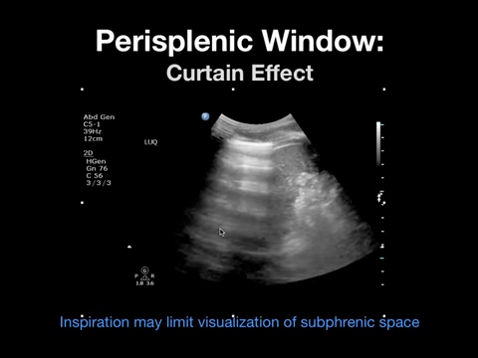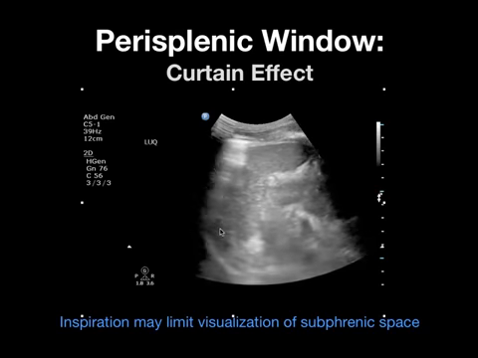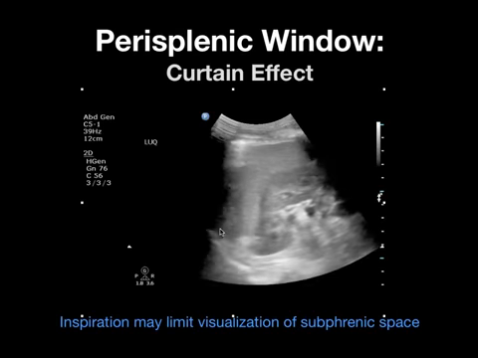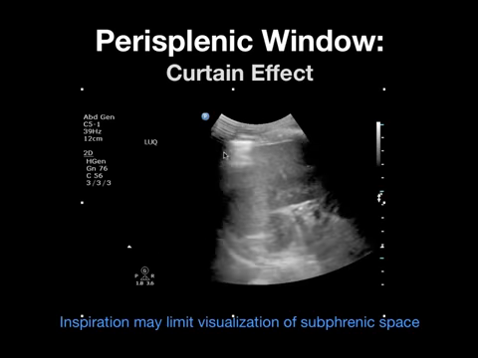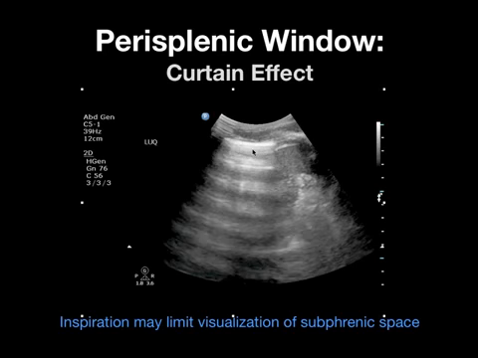You're going to usually get your best window when the patient's in exhalation. It's called the curtain effect here, because watch as the patient takes in a deep breath. Air comes over the top and basically this shows over. This is the air curtain that you have right here. So usually in these patients you're going to be better off with them in exhalation. So keep your hand on the freeze button so that you can cycle through their respiratory cycle and obtain the